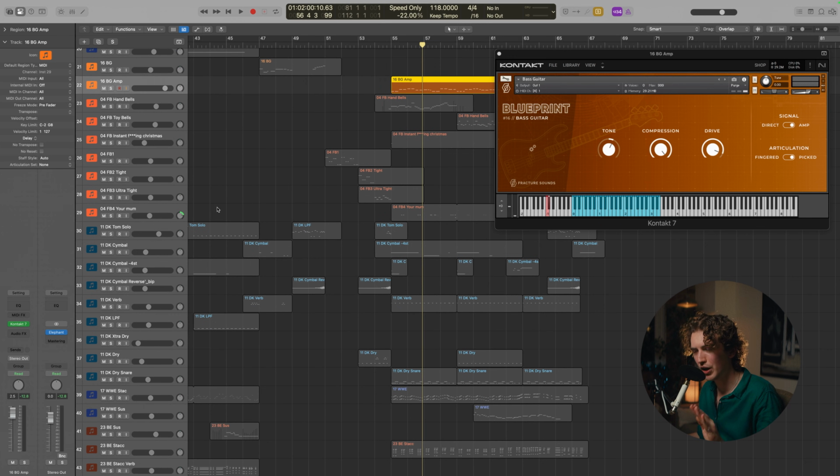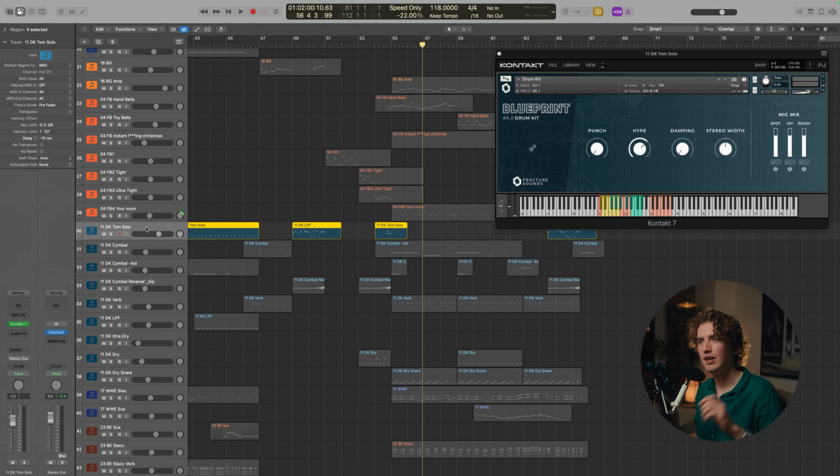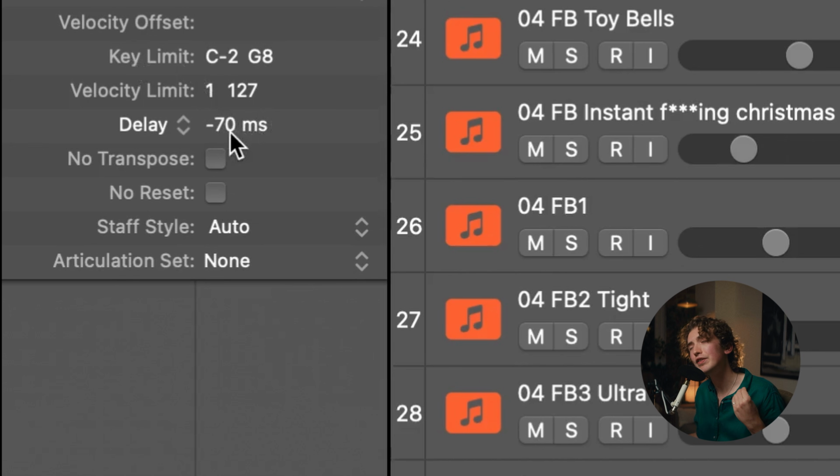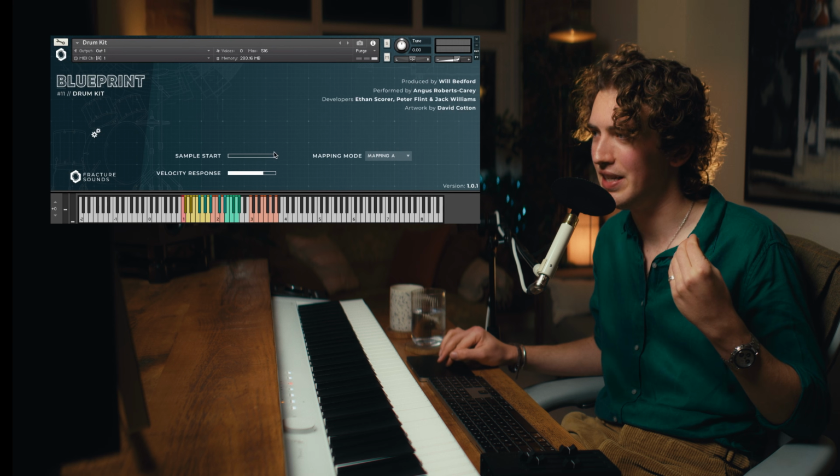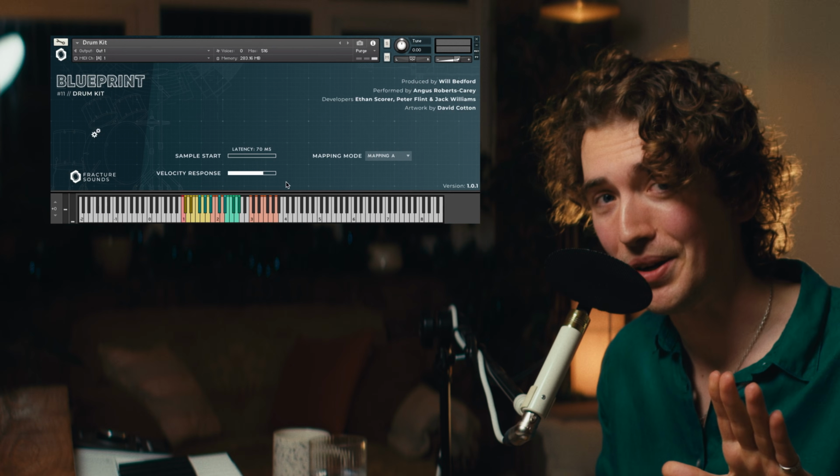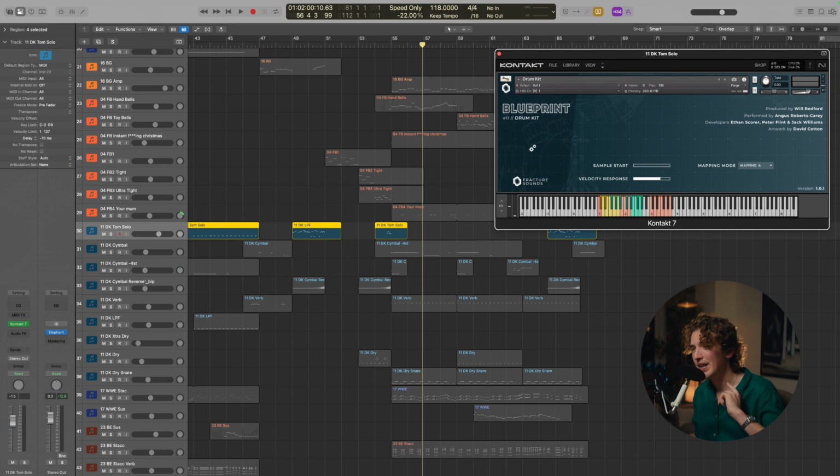Gosh, percussion. There's a lot going on here, so I'm just going to pick out the key things to mention. Firstly, negative track delay is your friend. Use it for every instrument, even if it doesn't tell you what the sample start is. This one does, but some of them don't. Even if it doesn't tell you what the latency is, work it out and then go to your track settings and put in a negative track delay for the same amount